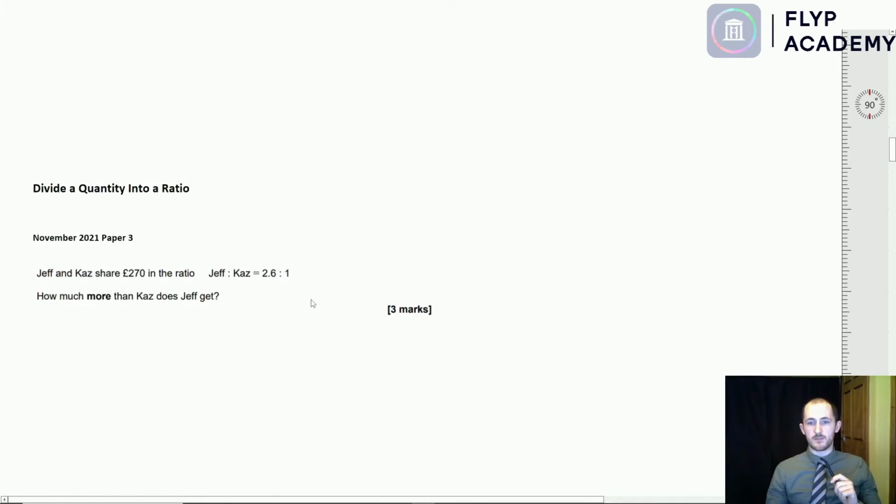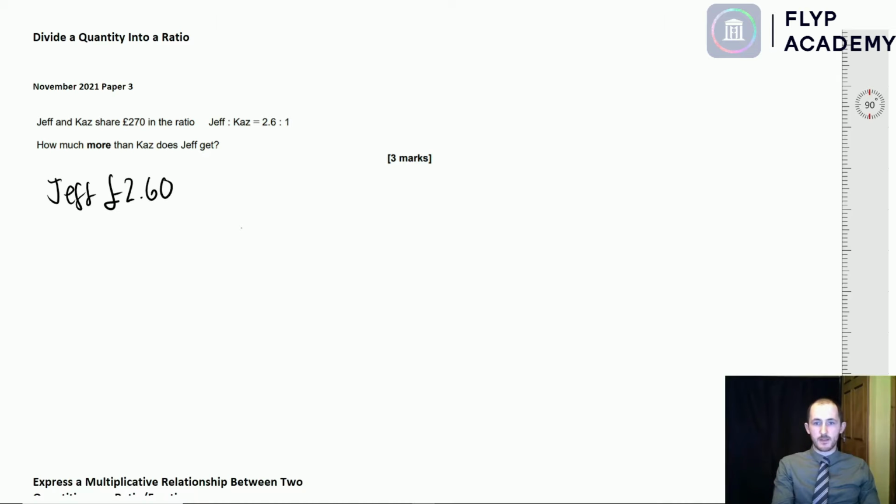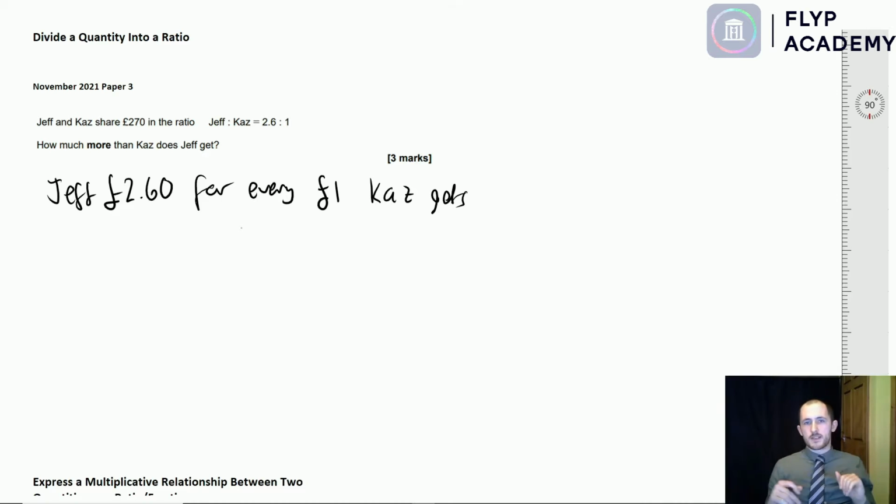Now jumping right into dividing a quantity into a certain ratio. So, again, this is the 2021 paper 3. Jeff and Kaz share £270 in the ratio. Jeff to Kaz is 2.6 to 1. Okay, so Jeff gets £2.60 for every £1 Kaz gets. So normally I'll draw a little bar out and draw the little boxes and everything like that,